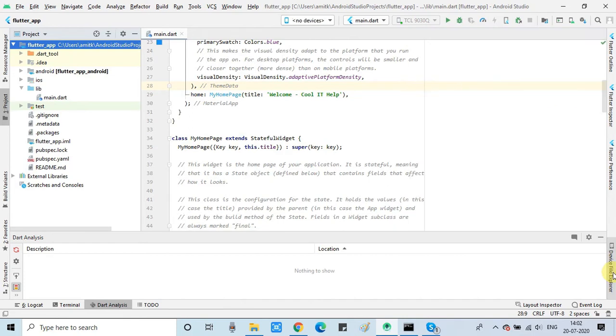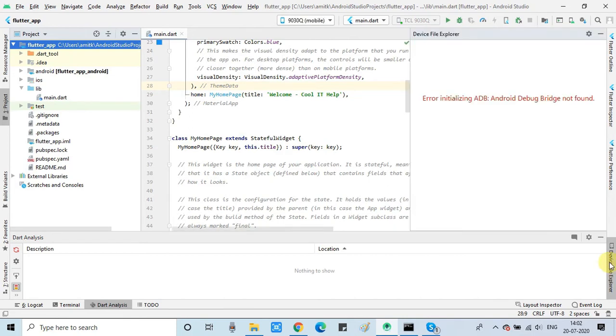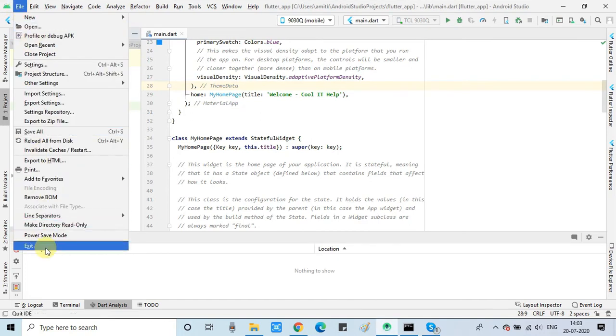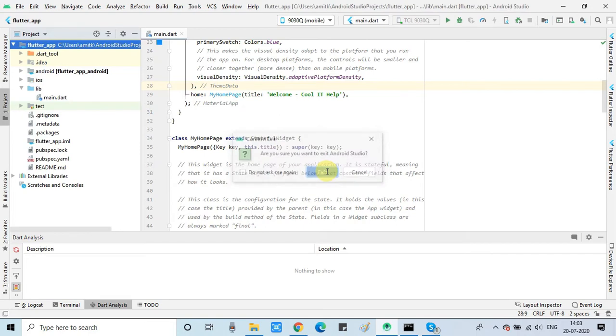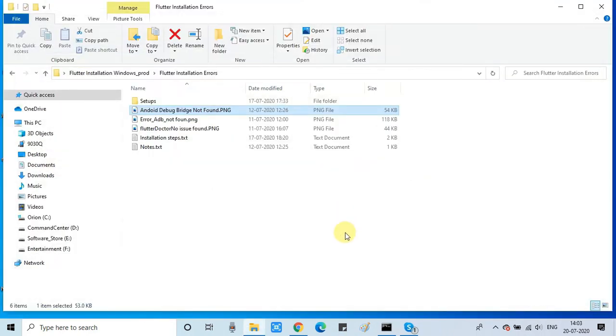And now we will see again this is not reflecting and this is not connecting to the device, and to do this we have to restart this Android Studio once, so everything will be properly set up and this error will be removed. Here we go for the restart of the Android Studio.